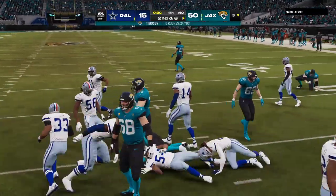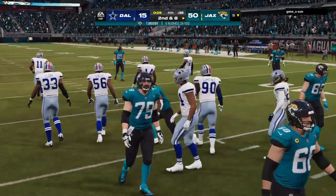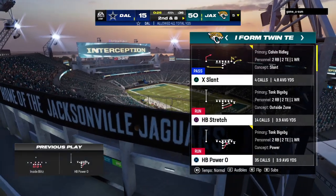Pretty nice work defensively there on the 1st down run as they hold him to a gain of a couple. Charles, why didn't they just take the